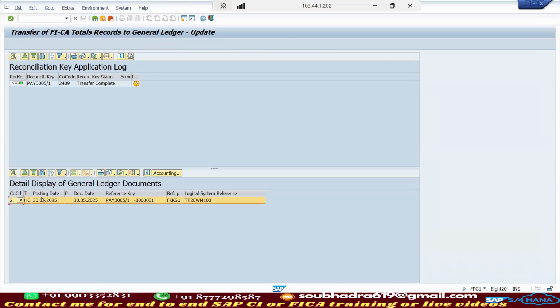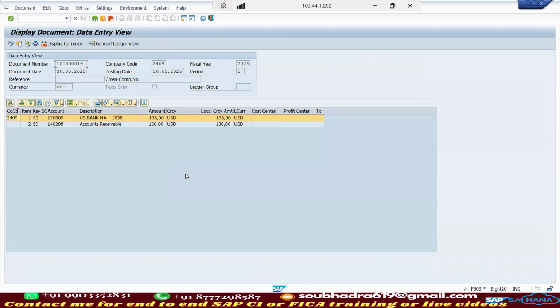Refresh. So payment is also transferred. Again, you see 4050. So it has hit the GL. Okay. So this is the greenfield implementation. We advise this: go for FICA for open item management. However, for brownfield, or whoever is already in SAP S4 HANA and wants to move into BRIM,